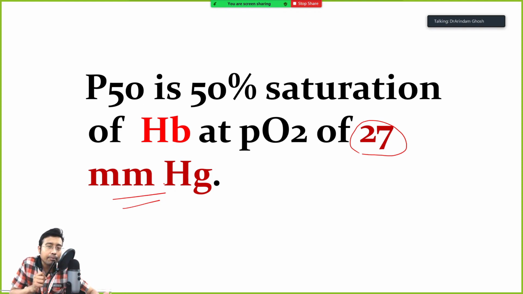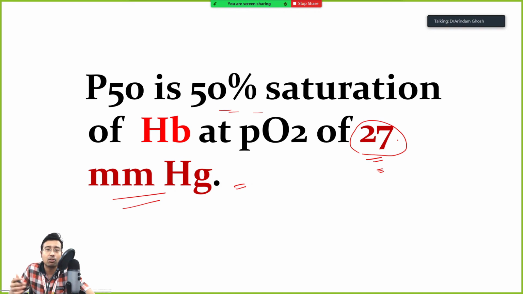When I gave you the example of mountaineering, I just told you hypothetically, okay? In reality, hemoglobin loses much of its oxygen even if the saturation is very, very low. In that example I told you hemoglobin is holding 50% of oxygen when the partial pressure is 70 mm. Just forget that, that was only for making you understand. In reality, when hemoglobin is 50% saturated, the oxygen is already very low, that is 27 mm of mercury, and it is much, much lower at high altitude.